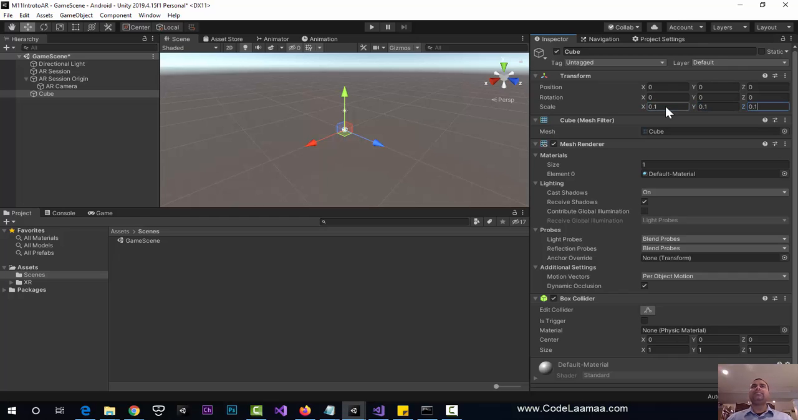And that's because if I zoom in further, one square here represents a meter. And a meter is too big. So we want to scale it down so we can see the remaining area of our camera. So I did 0.1, 0.1, 0.1. And